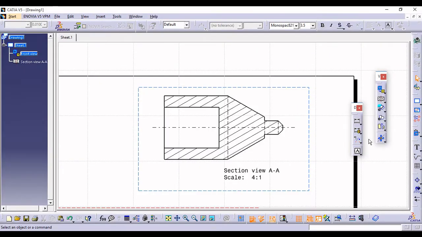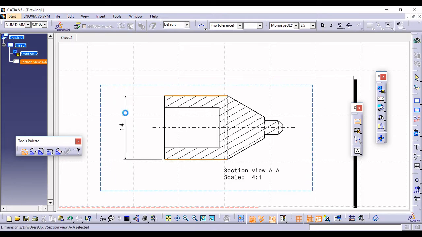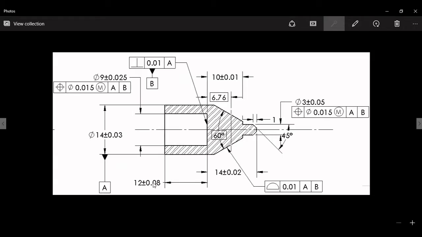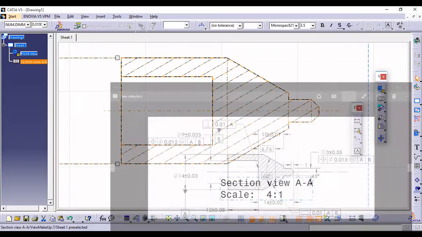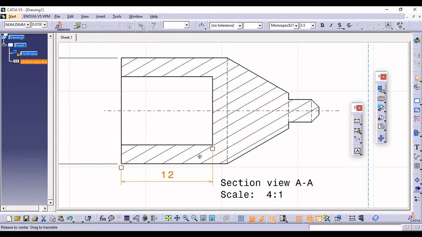Okay, so the first one is 14 mm. In the dimension toolbar, select the first one, the dimension command, and first give the dimension, that is 14 mm. Then the next is 12, and the next is 14 mm. From here to here we have 12.